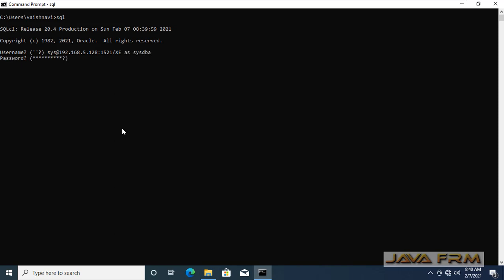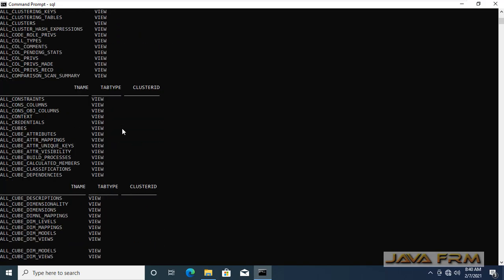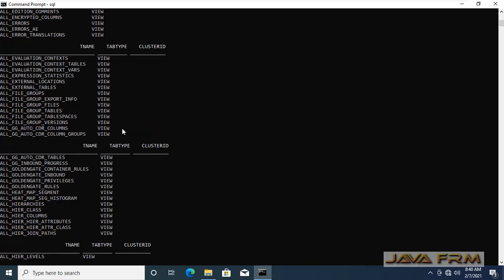Make sure that you have provided the correct port and database name. Provide the password. Yes, I am able to connect as sysdba. I am able to select the system tables also. Yes, it's fine.